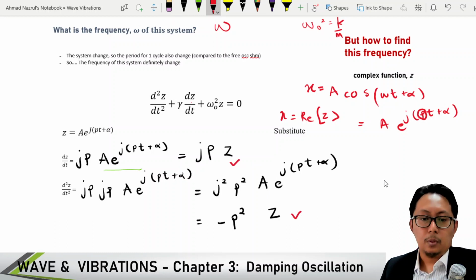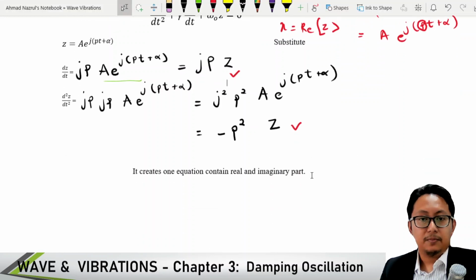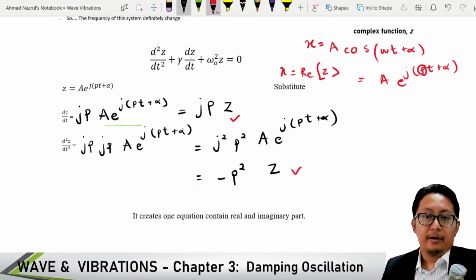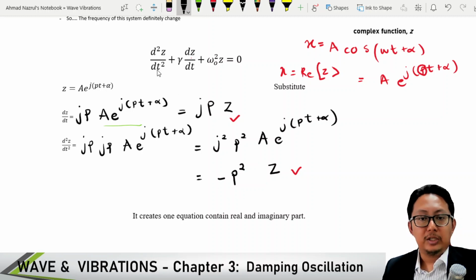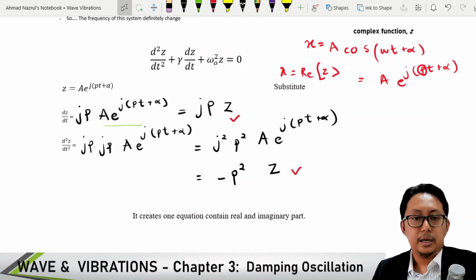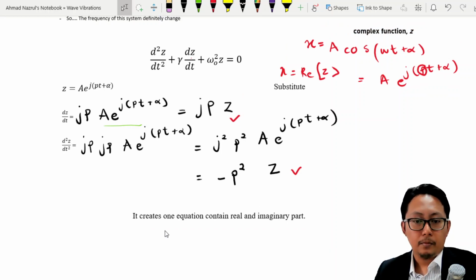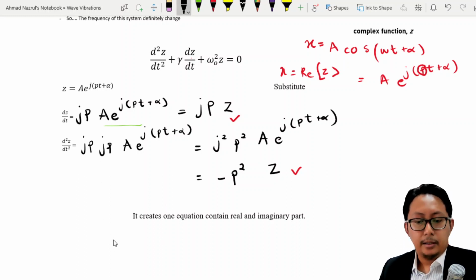What we need to do is put everything, substitute inside this equation. So what we have here, d square z over dt square, we can replace with minus p square z. So we have here minus p square z